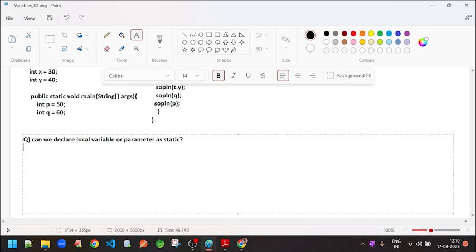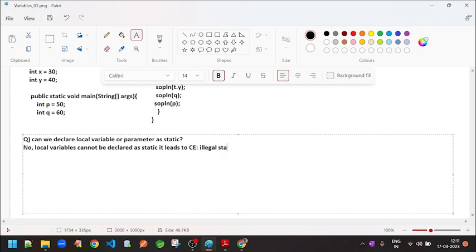No, we cannot specify static, because a local variable cannot be declared as static. It leads to compile time error,